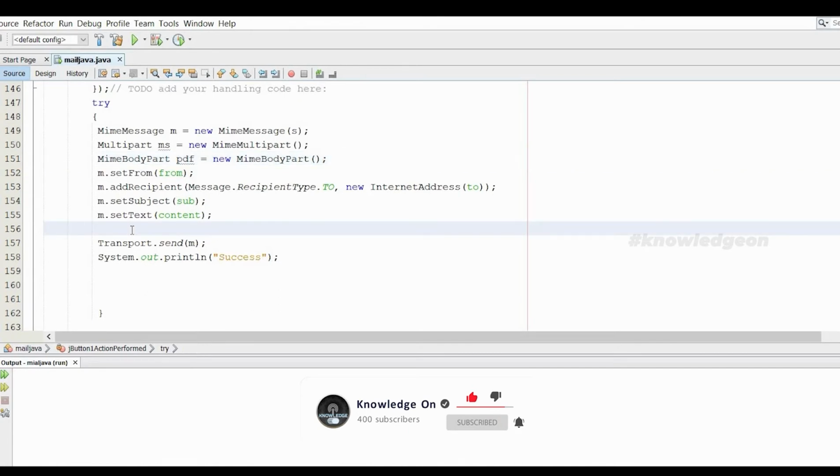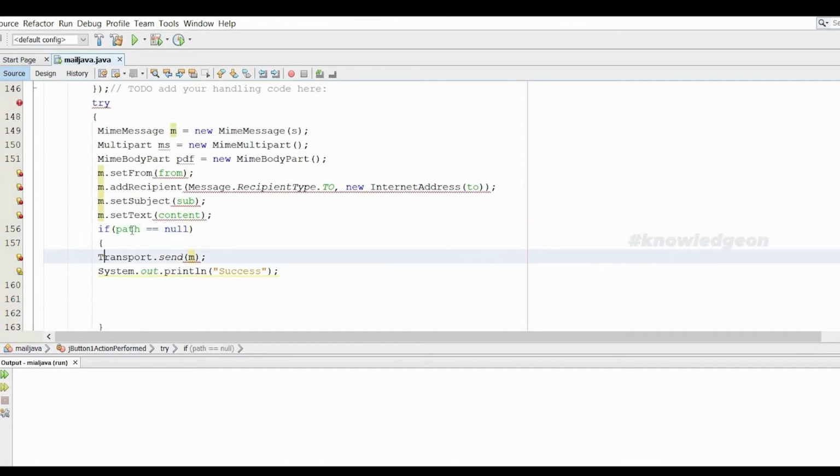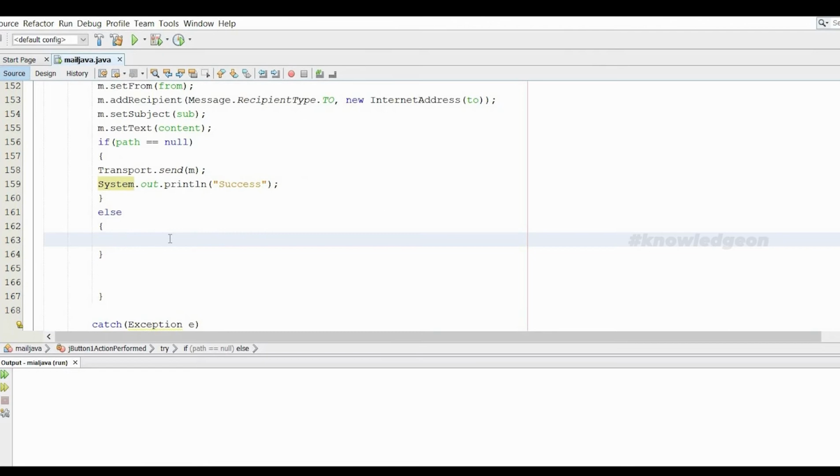And I'm going to declare an if statement right here, that is after m.setText content. If path is equal to null, it will just send only the message. That is, I'm using this if statement only if I want to send a message without any attachment. And now I'm declaring an else, and inside the else block,